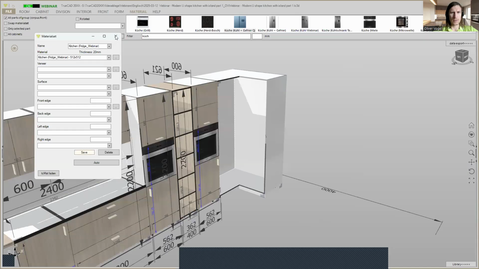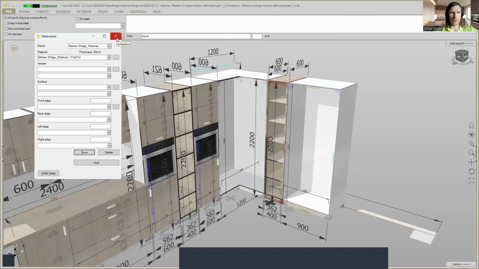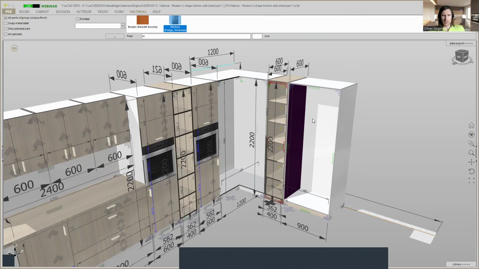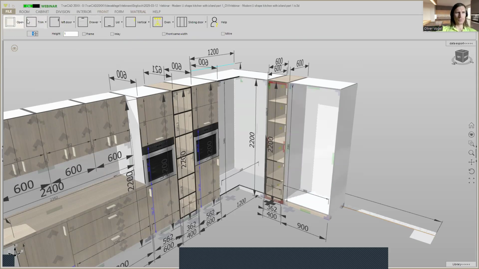And now we close the window, and when we use filter now and type in kitchen, then we see here our fridge webinar. And to display this, we go here on the front tab